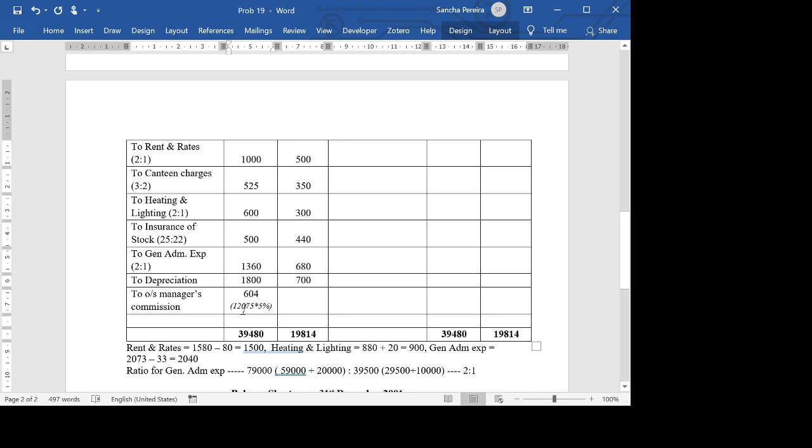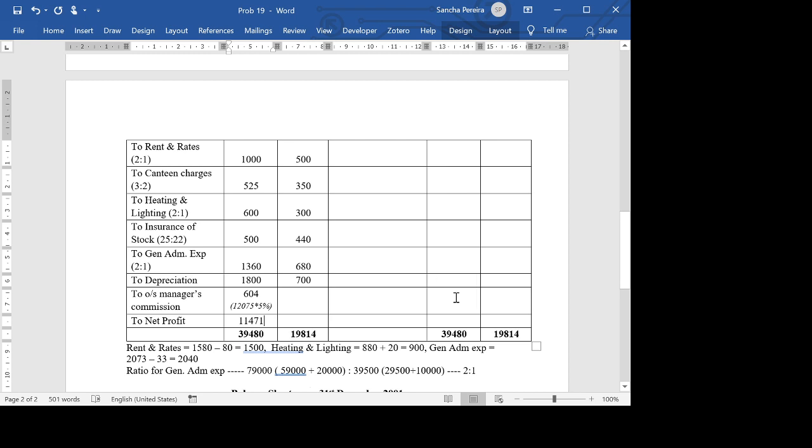How did I get this? 39,480 minus all these expenses, whatever you get, into 5%. Then for the department's net profit, from that 12,075 minus 604, you'll get the departmental profit,